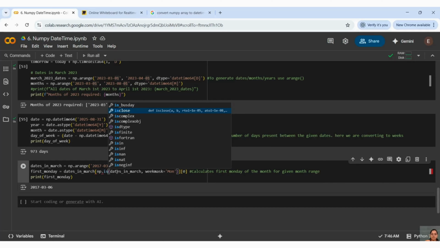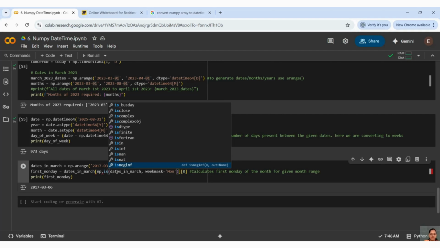Similarly, isclose, iscomplex, whether it is a complex number or complex object or not, isdtype, isfinite, isfortran, isin, isinf, isnan. isnan means it is not a number, and then it gives output like NaT.